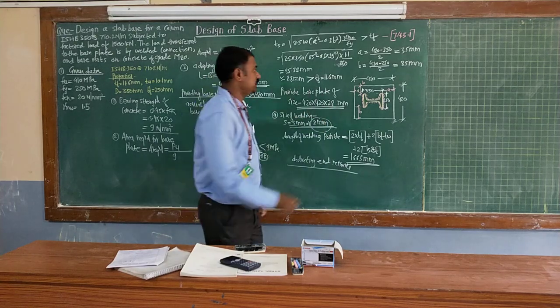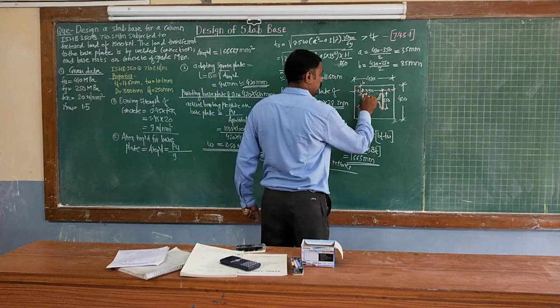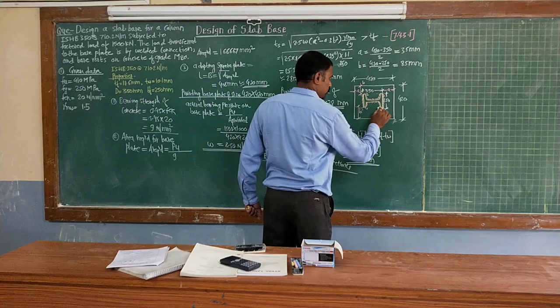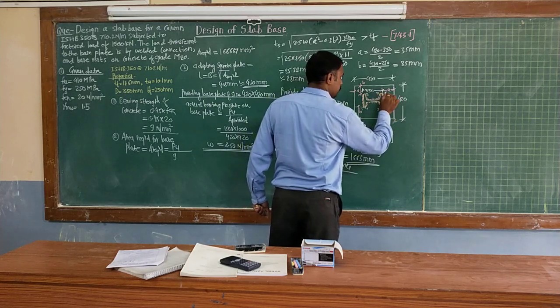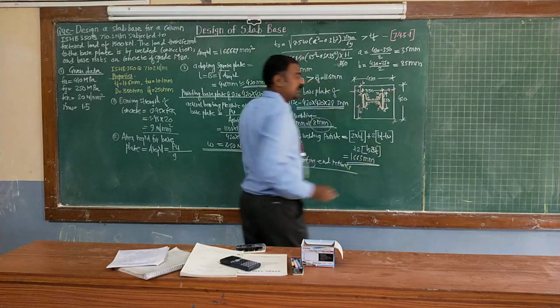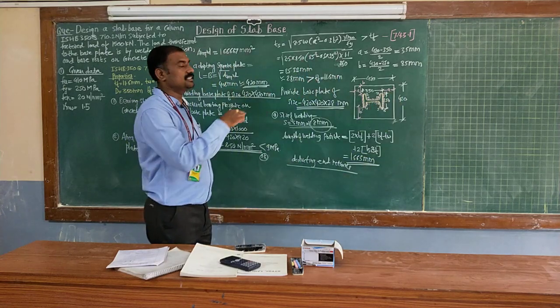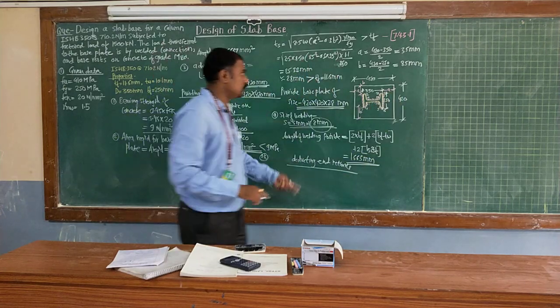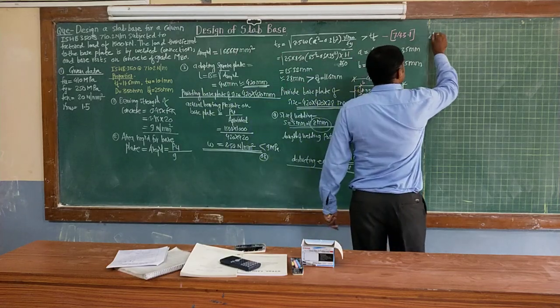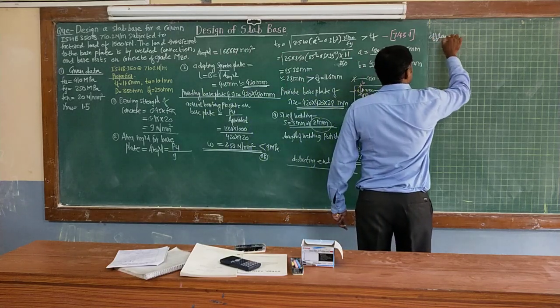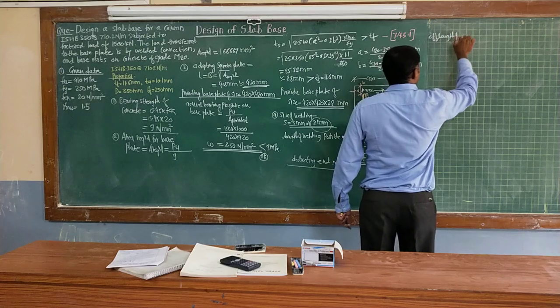What are the number of end returns? So this is 1, 2, 3, 4, 5, 6, 7, 8, 9, 10, 11 and 12. At 12 places end returns are going to be deducted. Therefore, effective length of weld